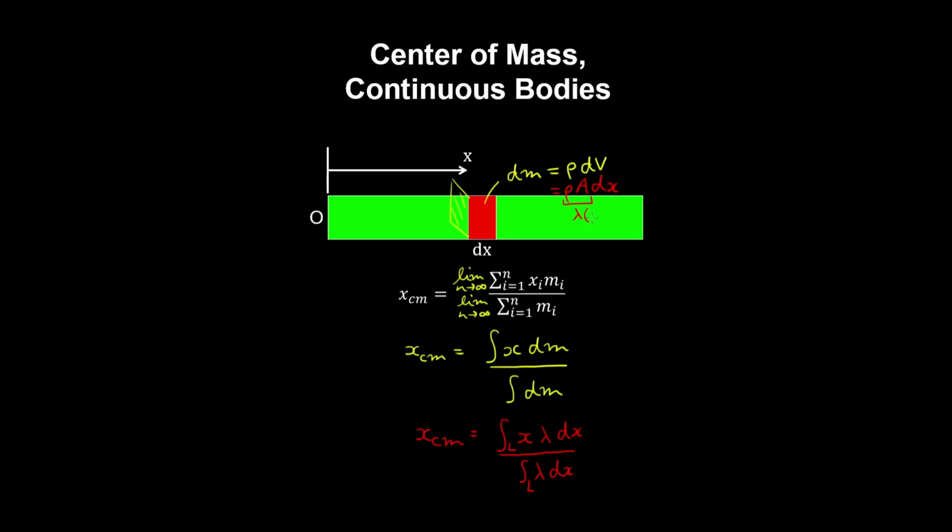So if lambda changes with respect to x, we can't take it out of the integral. But if the rod has a constant density, we can take the linear density out of the integrals and cancel them out. Now in contrast, if we consider this rod as two-dimensional with a thickness, so this here is now